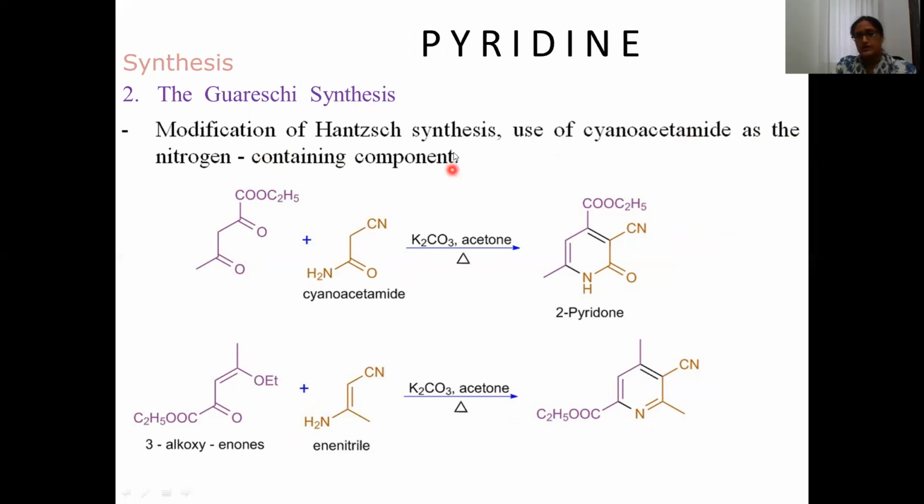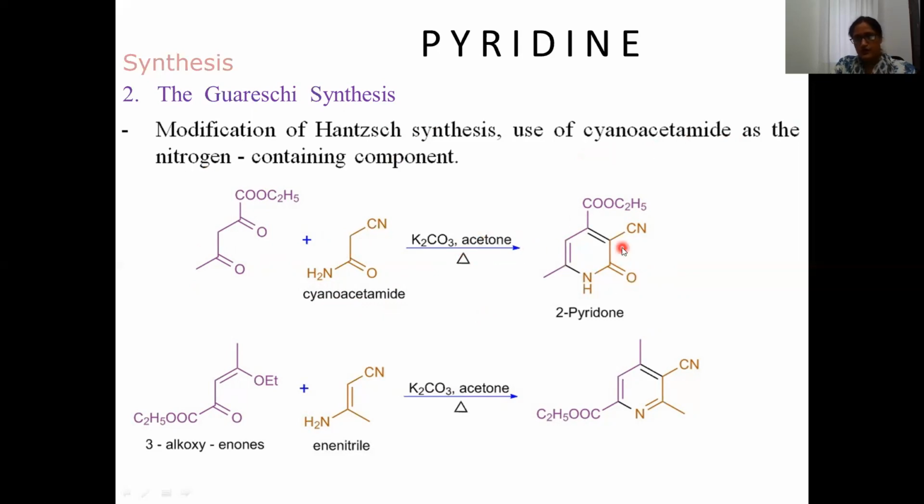In the previous Hantzsch synthesis, we used ammonia for the nitrogen atom, but here we are using cyanoacetamide for the nitrogen element. By the condensation of these two dicarbonyl molecules with the cyanoacetamide in the presence of K2CO3 and acetone,